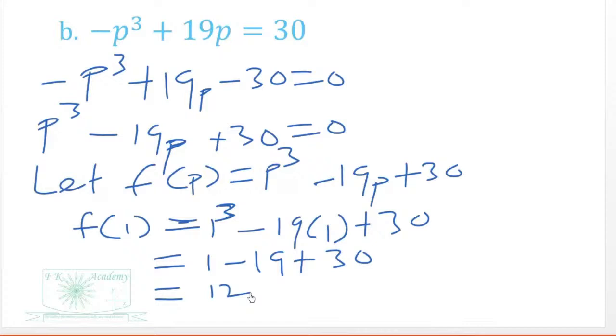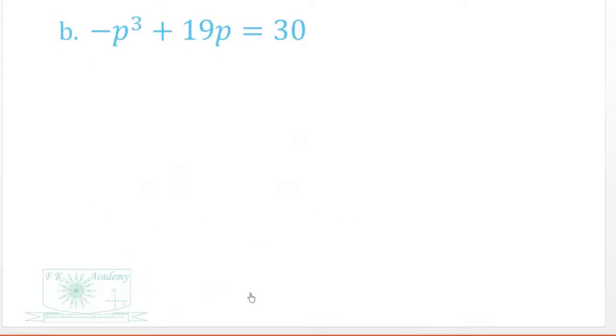So it means p minus 1 is not a factor of the polynomial f of p. Now let's try another one. Let's try 2. So f of 2 will be equal to